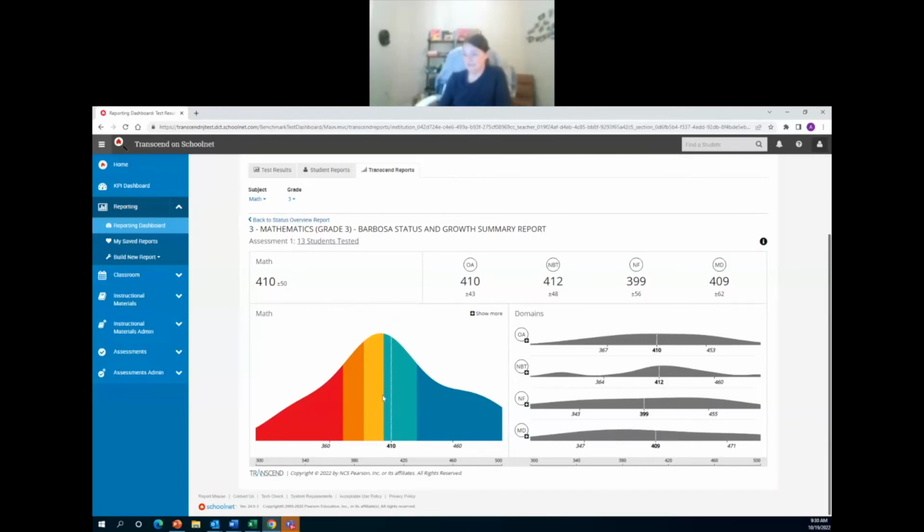interim assessment. So I've got an overall mean of 410 for my scale score. This represents the standard deviation that was applied as part of the measurement. And then I've got information on the different domains that were assessed for this particular measure. Now, this shows up because as part of the Intelligent Test Blueprint, the district made the decision that they would be assessing standards in each of these different domains.